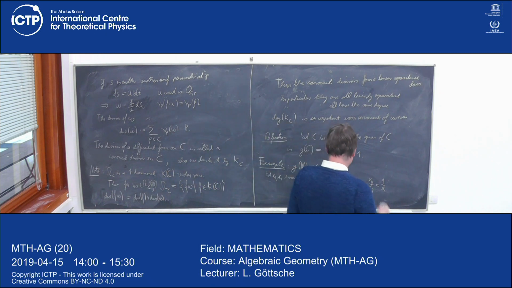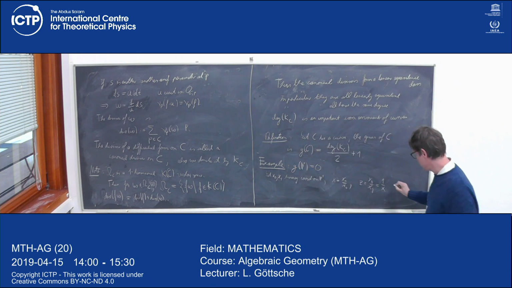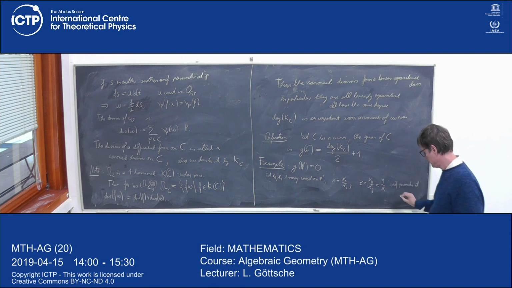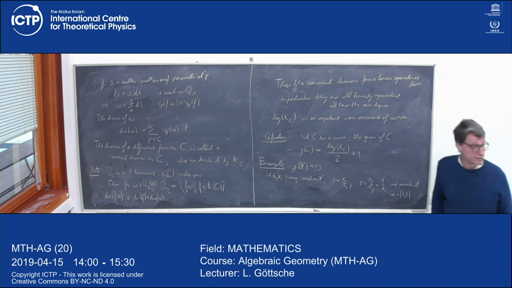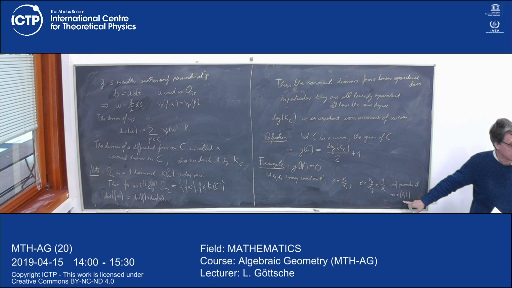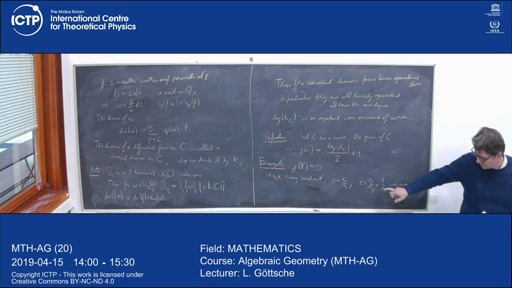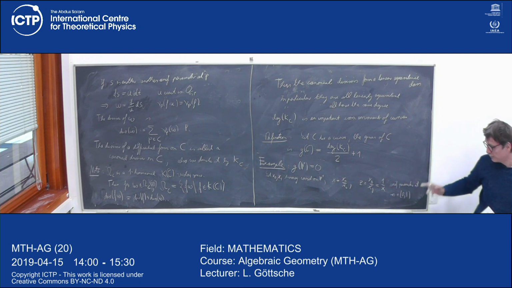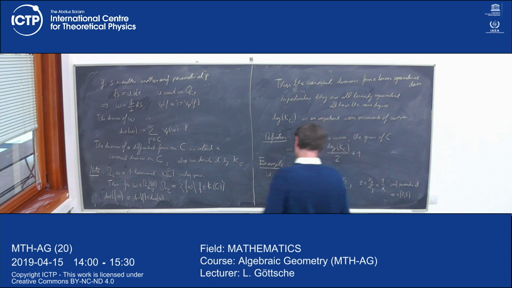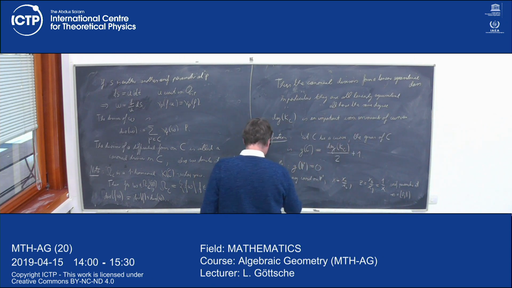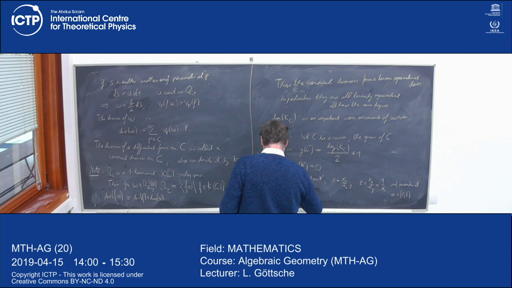So note that z is a uniformizing parameter at the point infinity, which is 0, 1. If you just look at it, this can be identified with A1, and the coordinate on it is this thing, and therefore it will be a uniformizing parameter at 0. And in the same way, x minus a is a uniformizing parameter